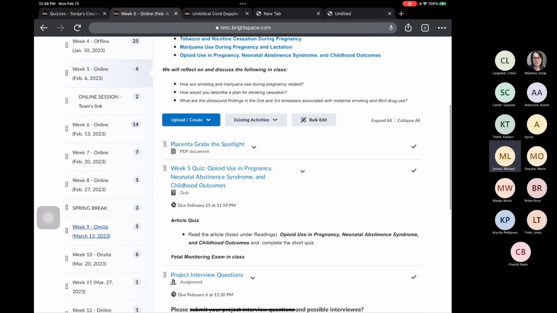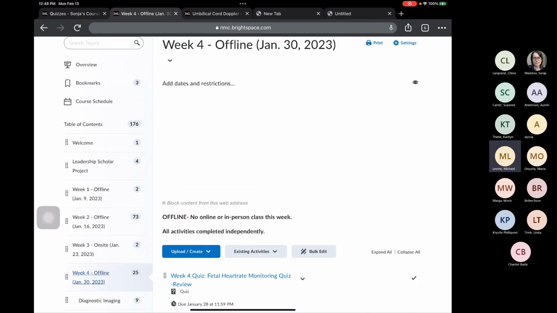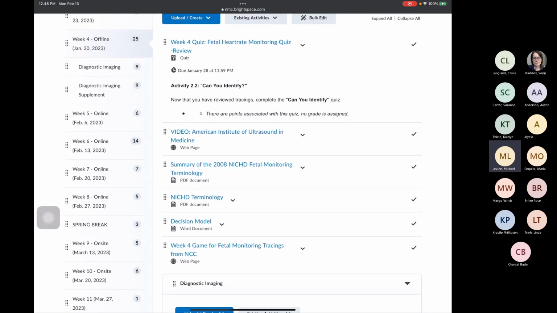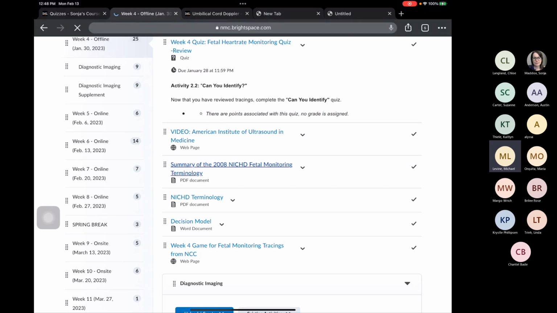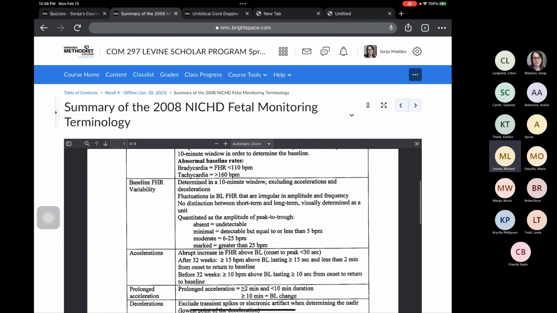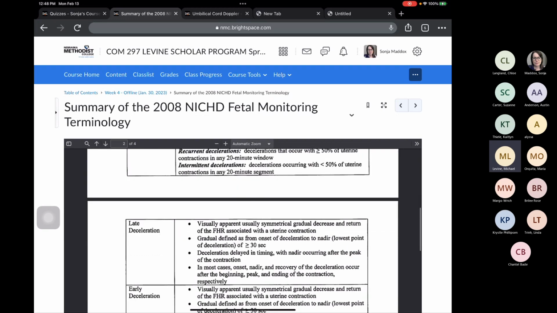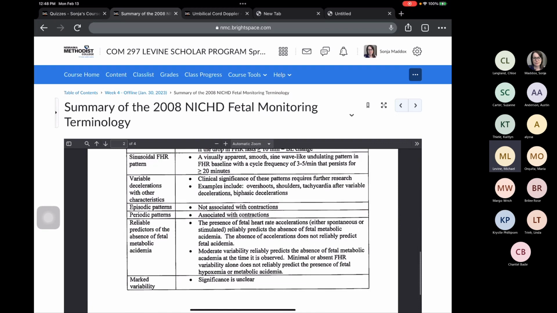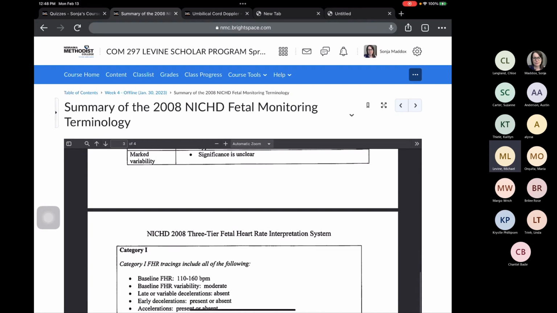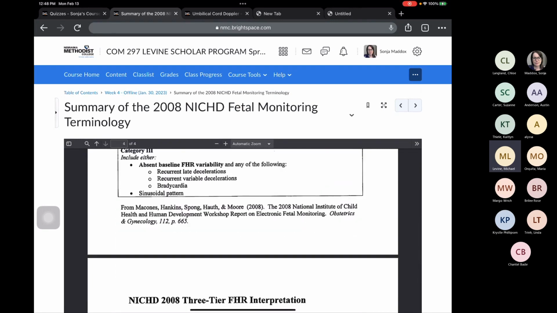So I want you to make sure you review this, and there are some very important definitions and terminology. And the important thing is that we're all on the same page with this language. So if you work in labor and delivery or you do your clinical rotation, this is the language you're going to be expected to use and understand in terms of variability, accelerations, decelerations, and it goes through some of the pathophysiology, what creates accelerations, decelerations, where the sympathetic nervous system and the parasympathetic nervous system is involved, baroreceptors and chemoreceptors, which are always very confusing,